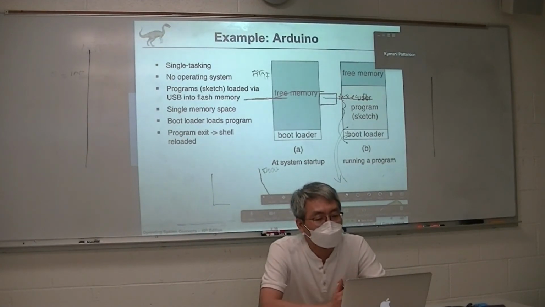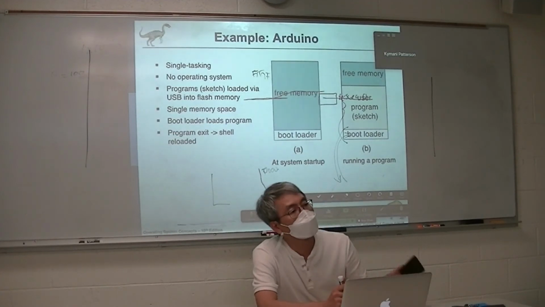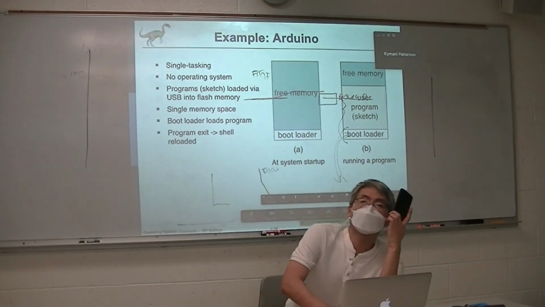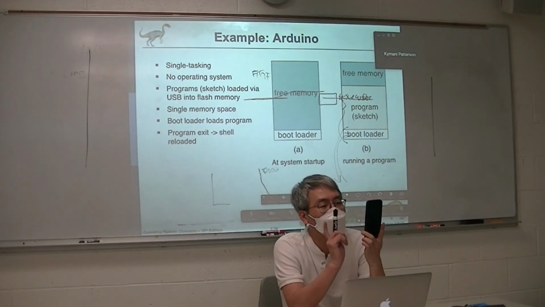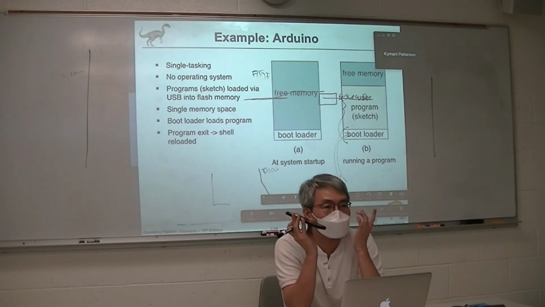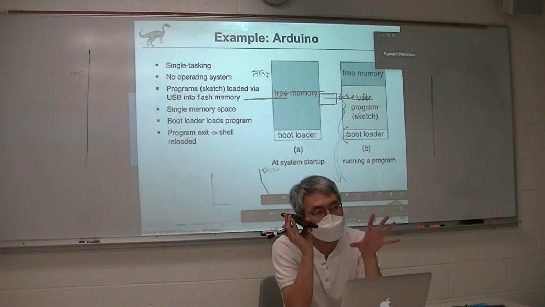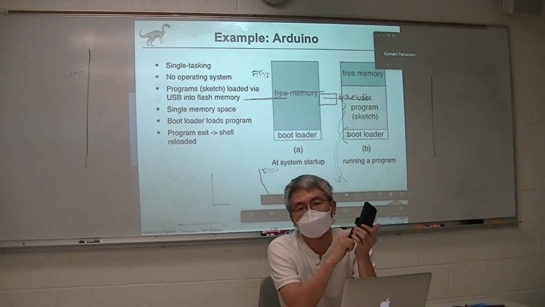What about the Arduino? Arduino is very similar because we have limited resources on the mobile device. So what is the most important part of the operating system when you develop on a mobile device? What will it be? What do you guys need to consider? Memory is also limited, but the first one is power.